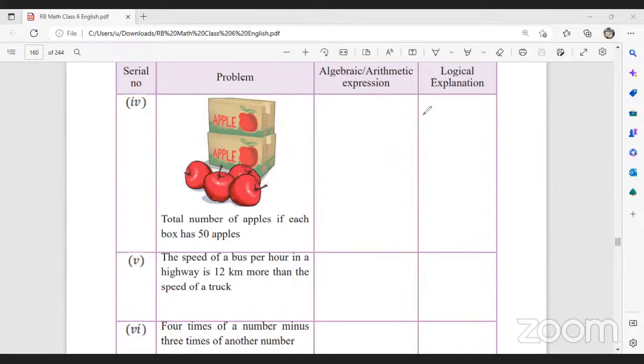What we can write instead, once we have x apples in these two boxes, the number of apples will be 2x, right? Okay, এটা হচ্ছে একটা ফিগার দিয়ে, একটা ফ্যাক্ট দিয়ে ব্যাপারটাকে বোঝা। But once we have any unknown quantity, how to write this? The speed of a bus per hour on a highway is 12 kilometers more than the speed of a truck. So আমরা যদি বলি যে speed of a truck,